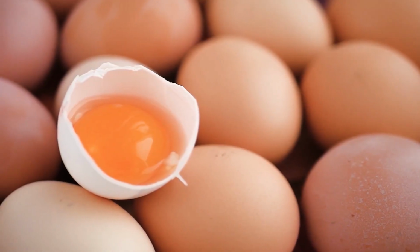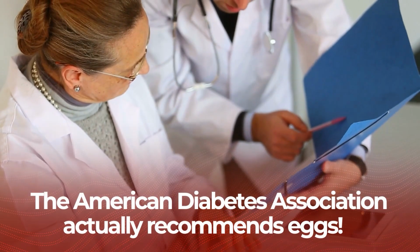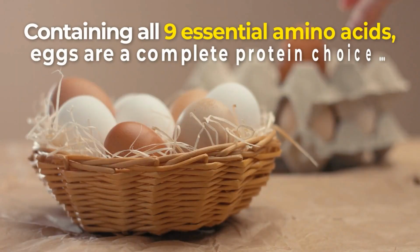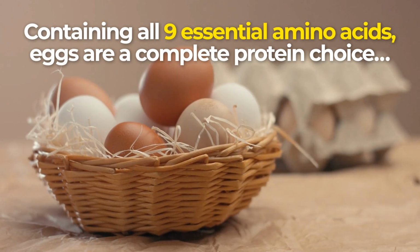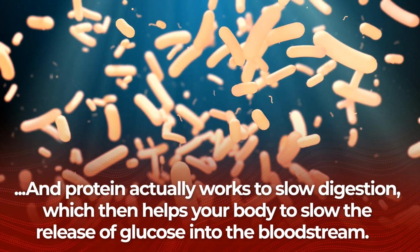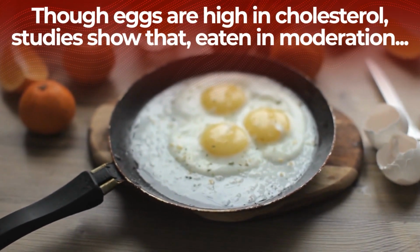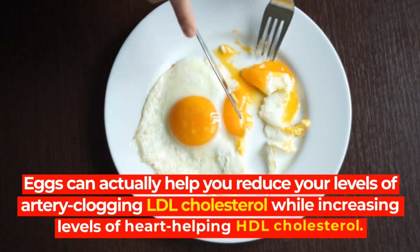While eggs have gotten a bad rap, excuse the pun, the American Diabetes Association actually recommends eggs. Why? Containing all 9 essential amino acids, eggs are a complete protein choice. And protein actually works to slow digestion, which then helps your body to slow the release of glucose into the bloodstream. Though eggs are high in cholesterol, studies show that, eaten in moderation, eggs can actually help you reduce your